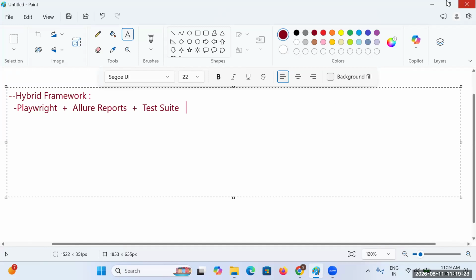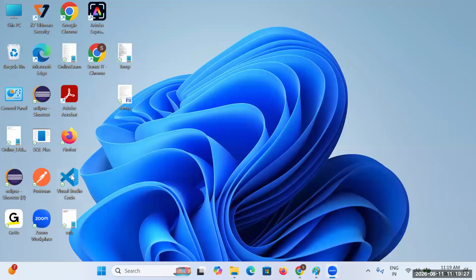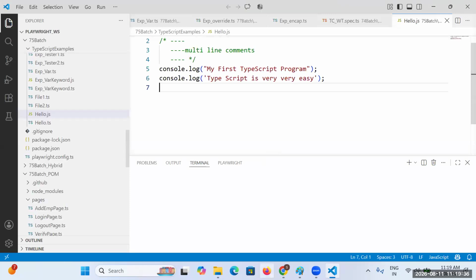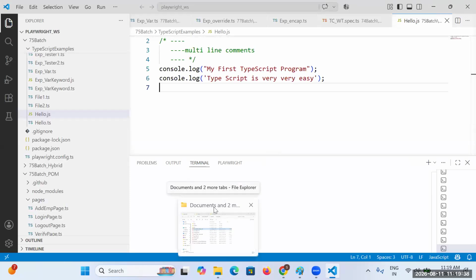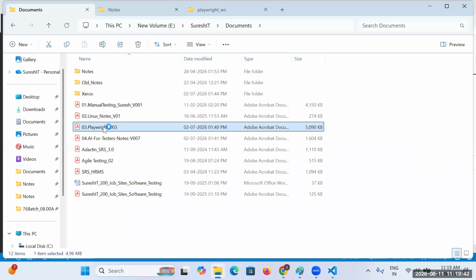As part of our project, we implemented the hybrid framework. We are done with Playwright, and then we will be taking Allure reports, and then the test suite here.